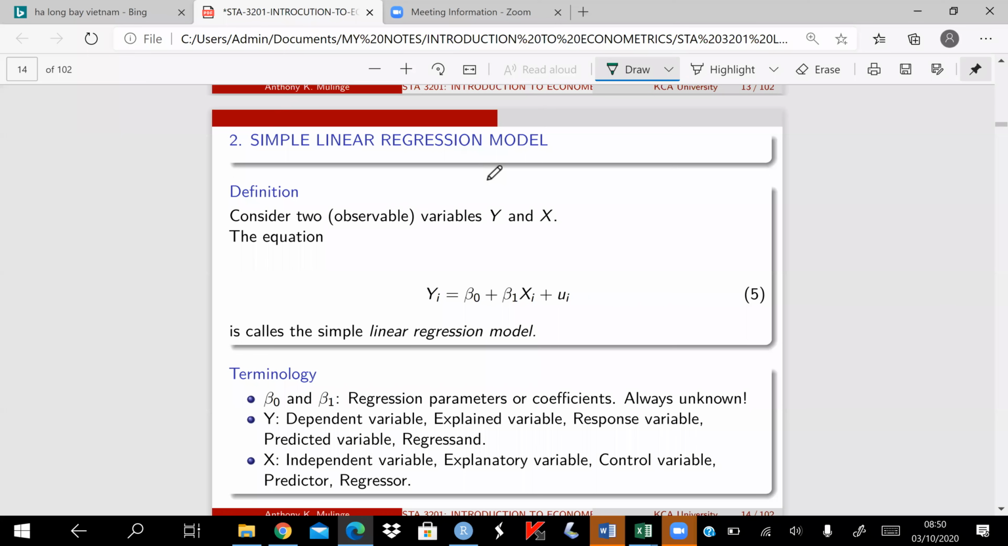So when you have an equation like the one given in number 5, it means that we are predicting y using x. There is causality, as explained earlier on: only x can predict y, but not vice versa. So the simple linear regression model is given as up here, where y